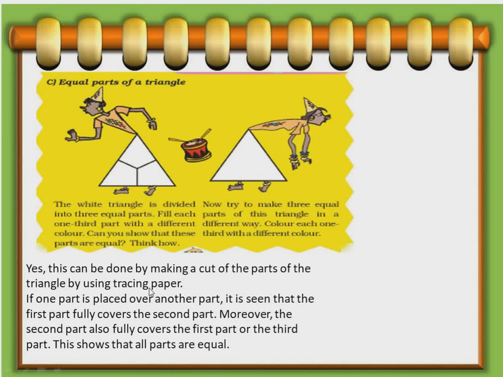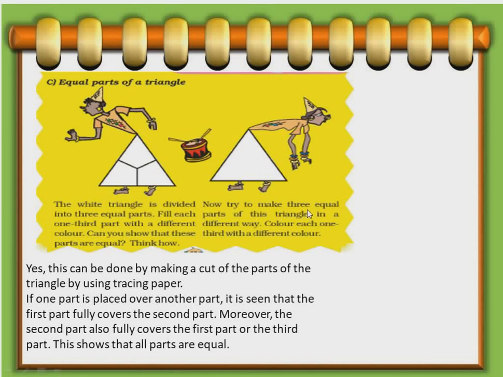All of you understood? So, this triangle which is given, first you color it in different colors. And then you take a tracing paper. Draw the same triangle on some other paper. Trace it. Make the cutouts of that. Separate these 3 triangles. And then keep one triangle over the other and the other one on top of that. So, what you will see, all 3 are in equal shape. Understood? Now, next one.